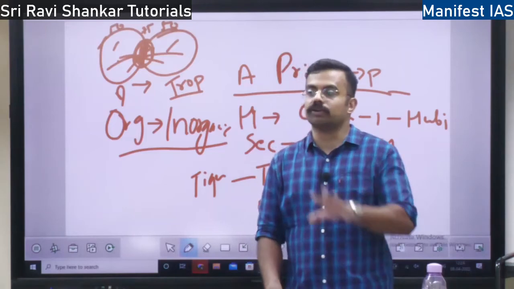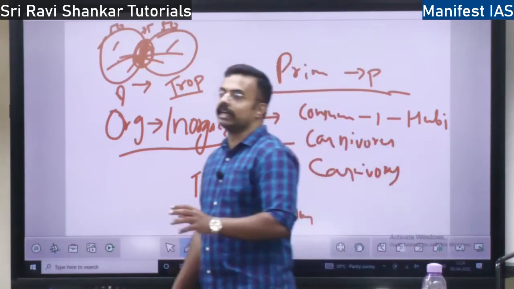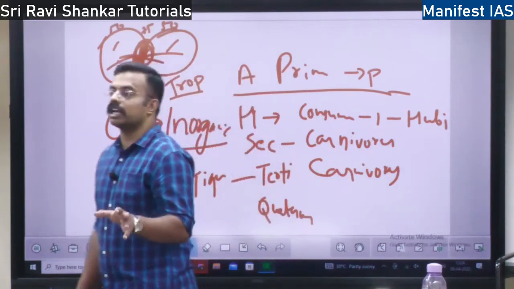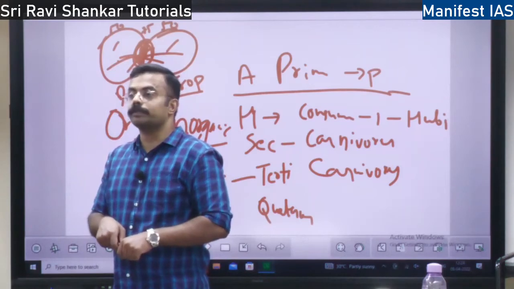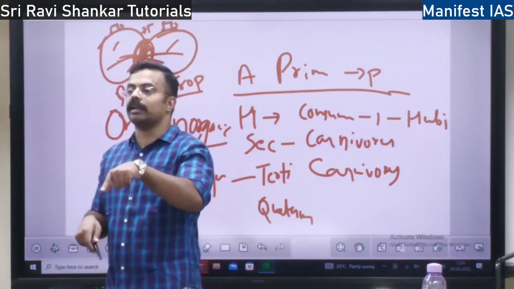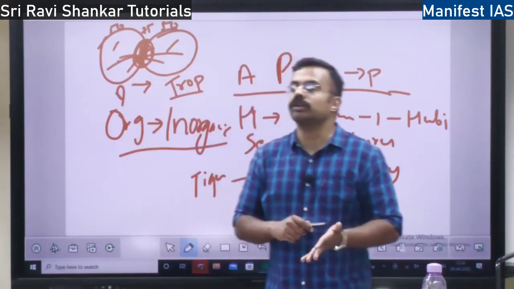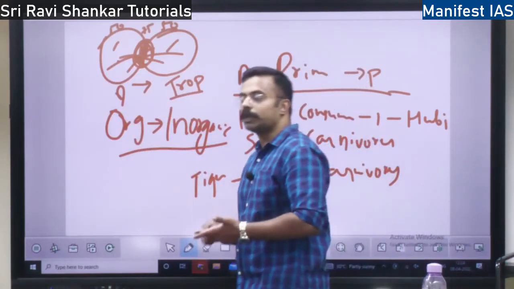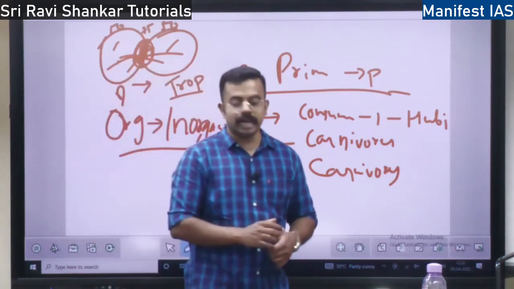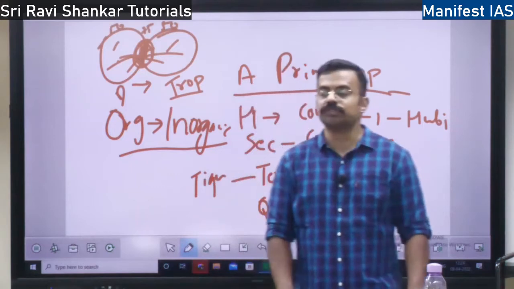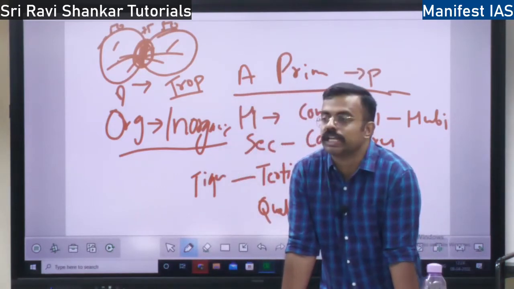So now, for tiger, I told you 4-5 components are needed. So if you want to protect the tiger, you should not directly protect the tiger. You have to protect these 5 factors which I told, on which tiger is dependent. So if you protect these 5 factors, that is area and also optimum temperature, optimum food, all these things, tiger will automatically get protected. That is why niche is very, very important in protection of the species.